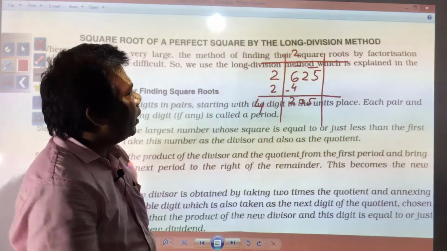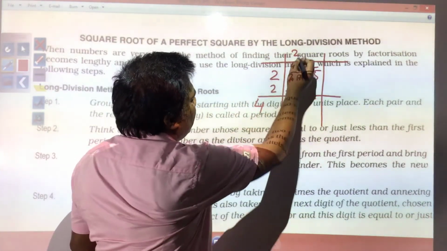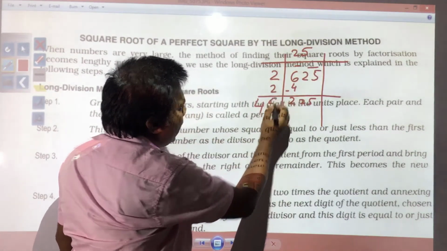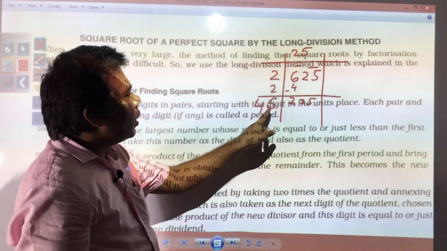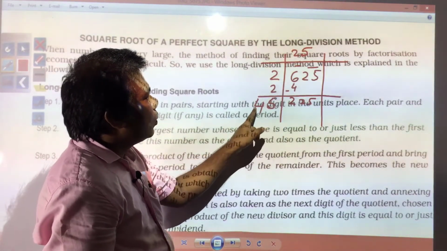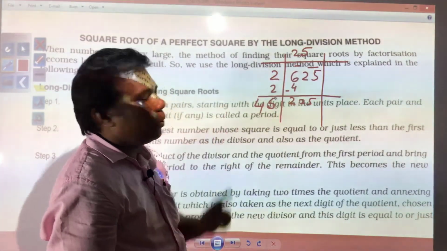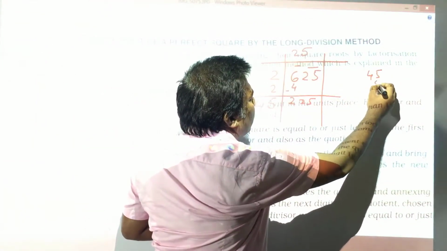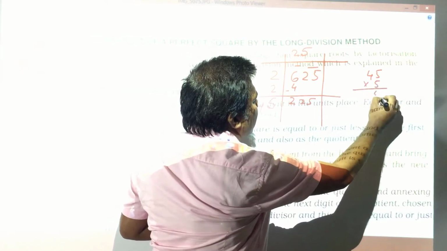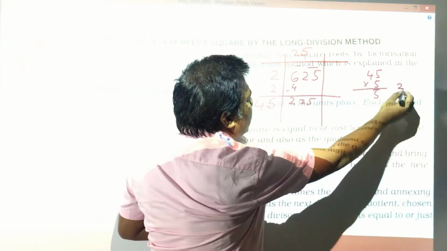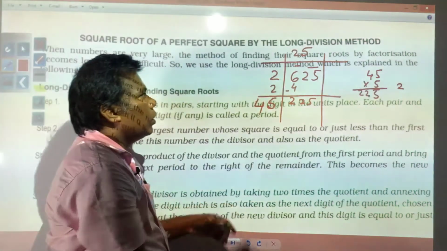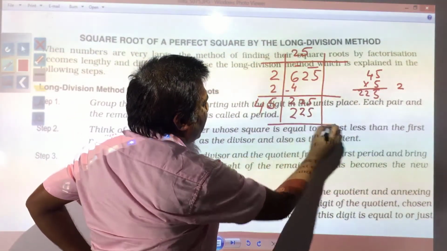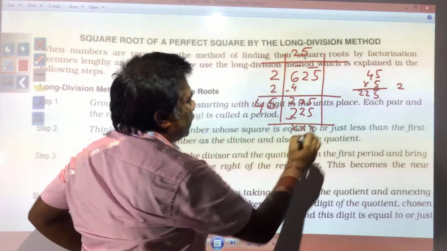So, here you see, suppose you multiply by 5, then here also you need to write down 5. Now, your divisor has become 45, so 45 fives you need to write down. Just multiply 45 into 5: 5 fives are 25, 5 fours are 20, and 2 makes 225. So, 45 fives you have got 225. Now, you subtract, you will get 0 remainder.